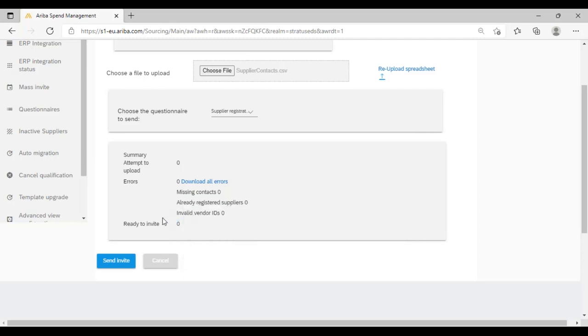This is only for information purposes. Now, if you click on send invite, whatever suppliers the system finds as ready for invite, the system will send the notification, like a mass invitation, to all the suppliers identified as ready for invite. And now, as usual, like how we see that